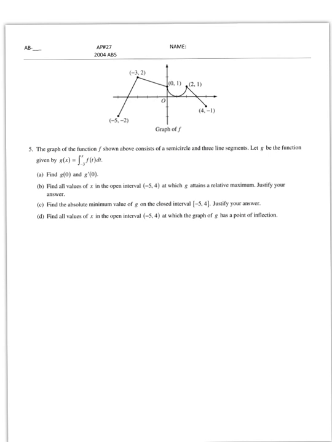Hello everyone. We're going to go over AP free response problem given in 2004, the fifth question. It says that the graph of the function f shown above consists of a semicircle and three line segments. Let g be the function given by g of x equals the definite integral from -3 to x of f